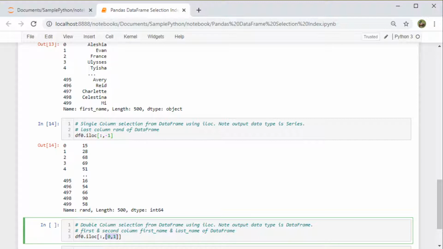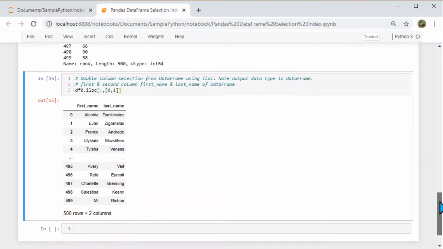Now for columns, within square brackets I say 0 comma 1, that means I am referring to the first column and the second column. If I do that, we see the output. Here we see the first name and the last name for all the members, and I also see the index here, and it's showing across all the rows, right? So this is pretty neat.